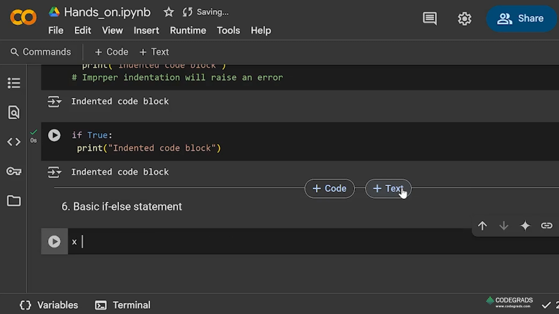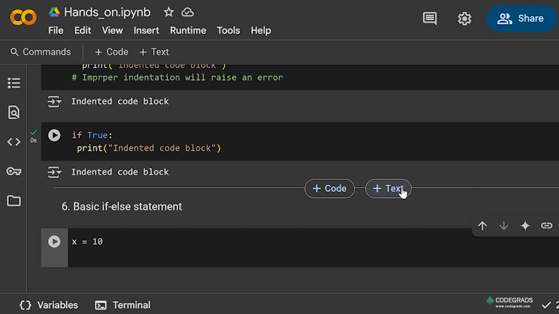Now suppose I have a variable which has value 10. Now I have inserted some value in the variable x, that is the 10. I want to check if my value is greater than 5 or not, right? I know that my value 10 is greater than 5, but still I want to use the if else statement to check that my value is greater than 5 or not. So for that part, I will type if x is greater than 5, print